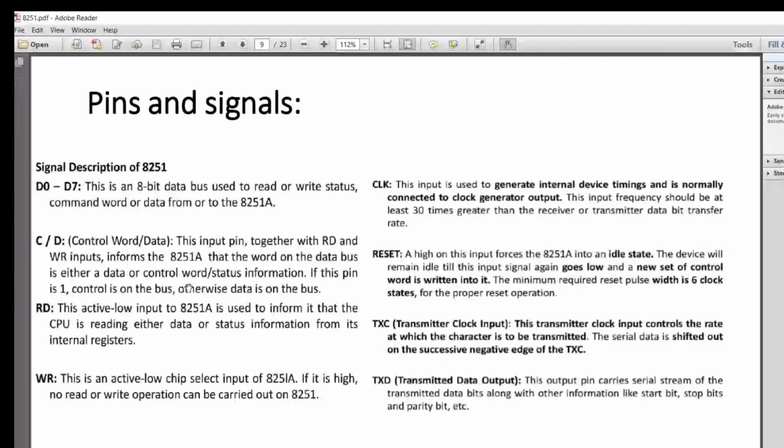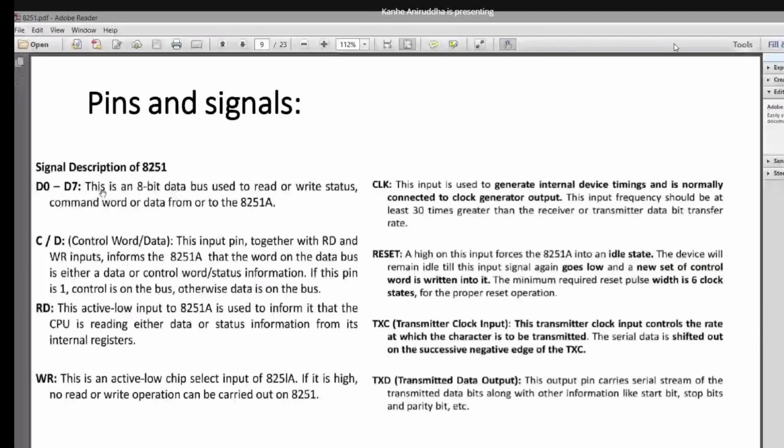If the pin is 1, the control word is on the bus, otherwise data is on the bus. So depending on the read and write signals and this pin, we identify what the content in D0 to D7 is.